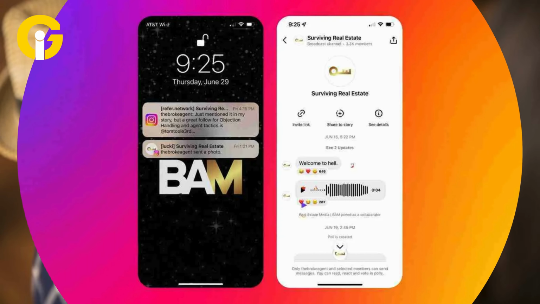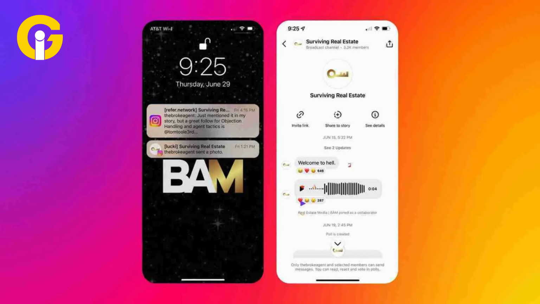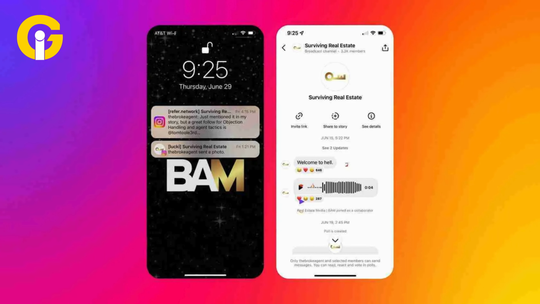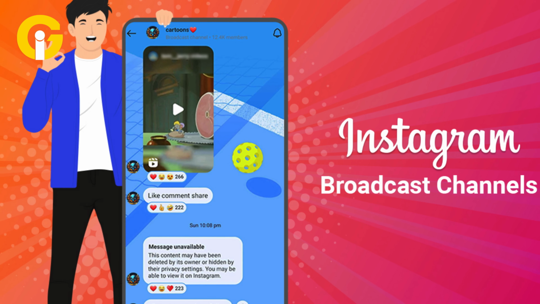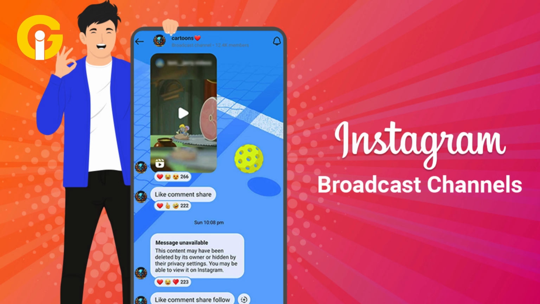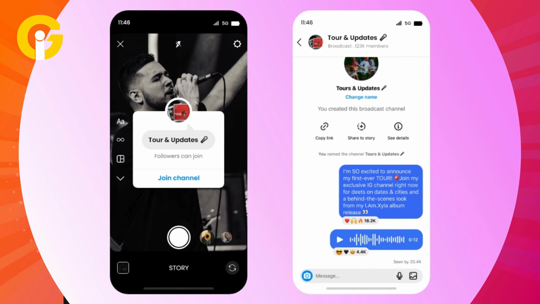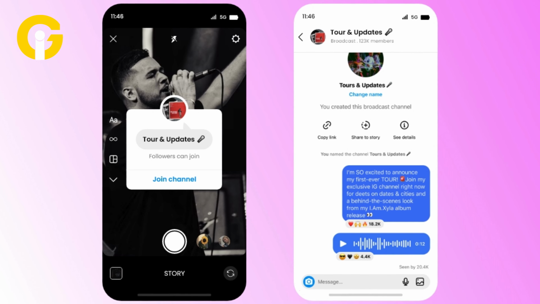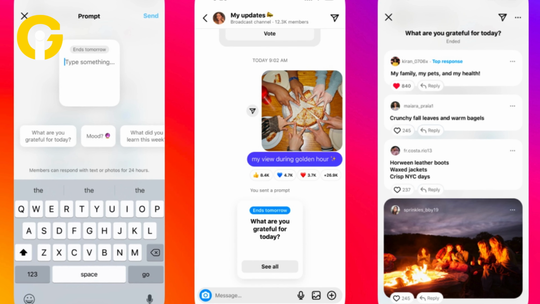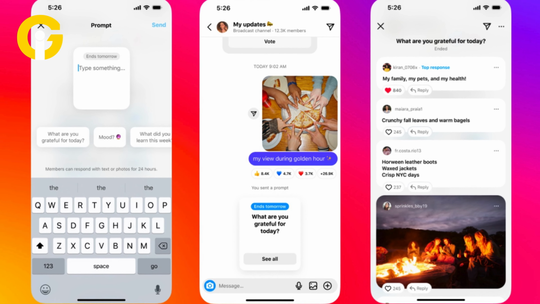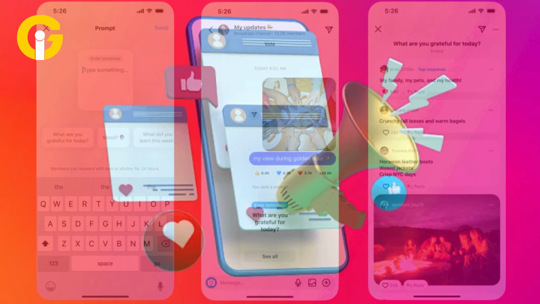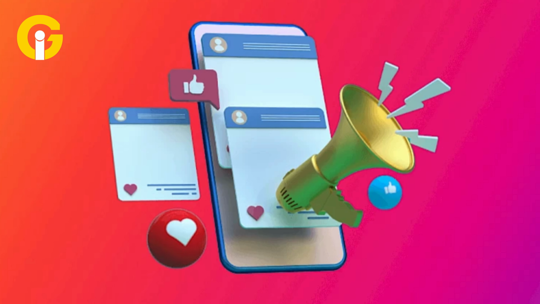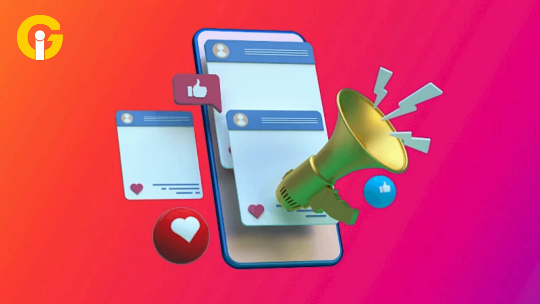The Instagram broadcast channel is a tool designed to facilitate communication between profiles and their followers, providing content creators the opportunity to increase engagement and achieve better results with the network. Thus, these channels are a direct and effective way for creators to keep their followers always informed, whether through texts, images, videos, and video notes to present the latest news behind the scenes, or conduct polls to receive feedback from